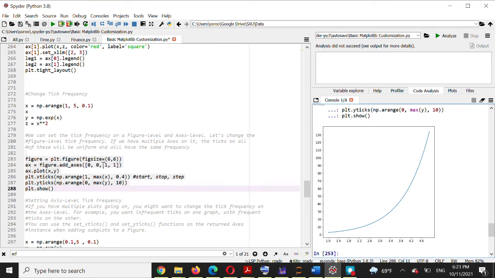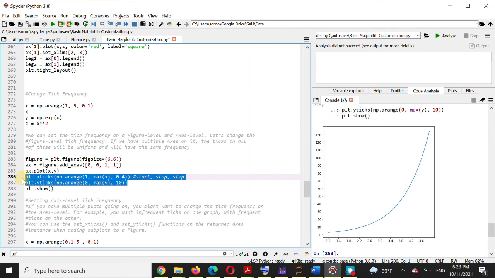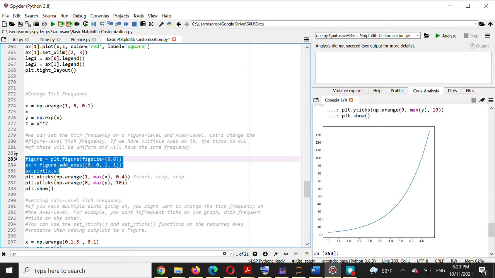So first three lines as always. Then here is where the magic happens: plt.xticks and plt.yticks. So for xticks, I want a number between 1 and max of x and increment of 0.4. And then in plt.yticks, I want between 0 and max of y and increment of 10. So if I don't have these, if I only run this,